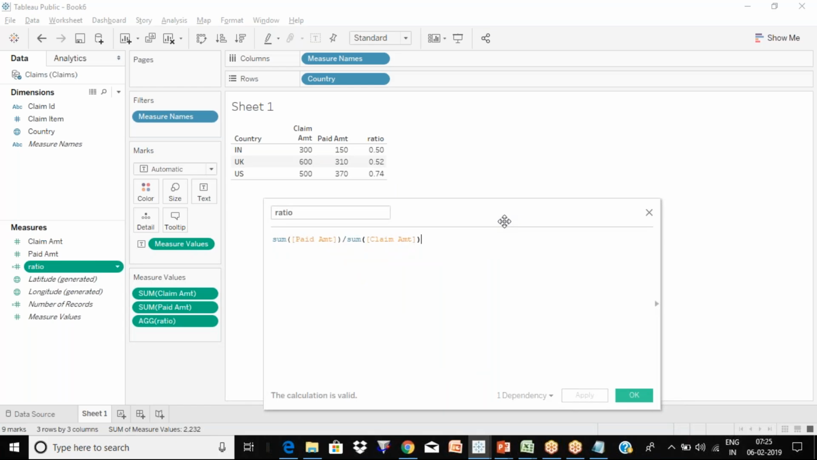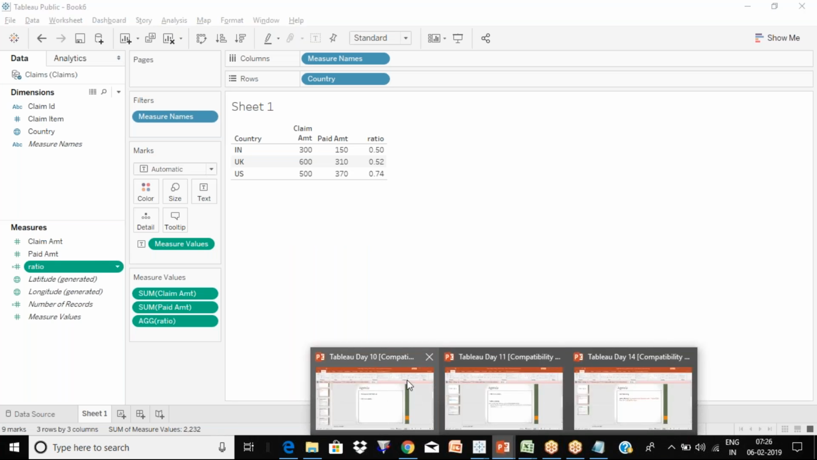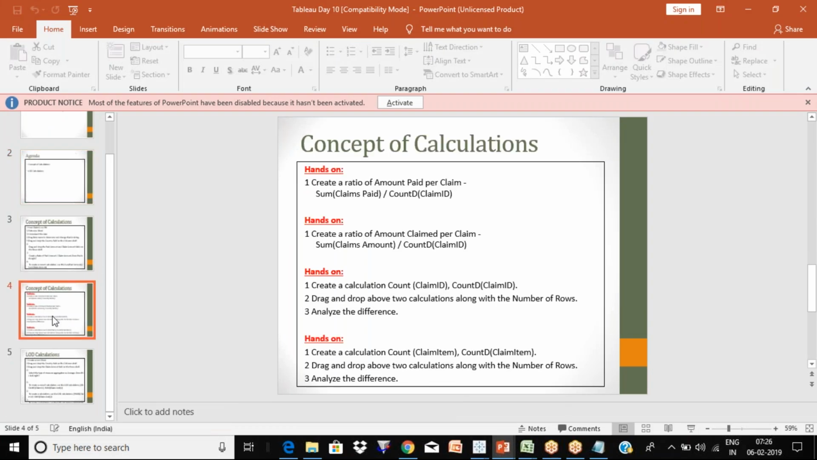Yes, everyone done till here? At least you got an idea about how the Tableau calculations work and what we need to do. This was very simple, but let me show you some of the other things. Okay, now can you all create this? So create one calculated field, let's say calc 1, and write this formula: sum of claims paid divided